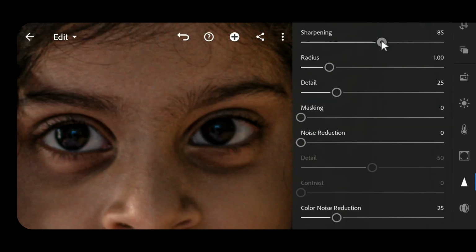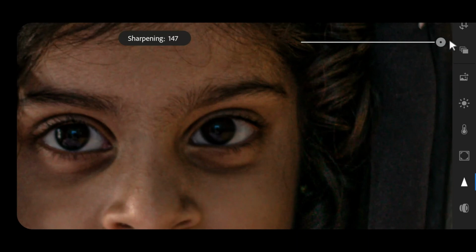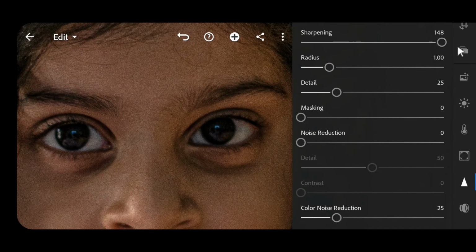Now look at this sharpening. Let's just take all the way to 148. We see lots of grain over here. Now one suggestion I'll give you is that don't hesitate to increase or decrease the values of these things. You just have to check how the image is looking.